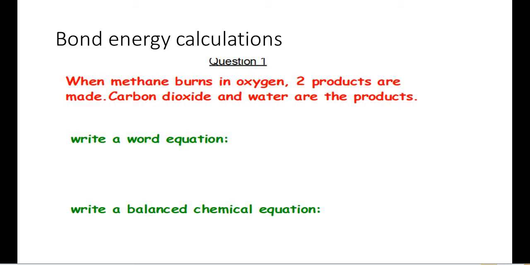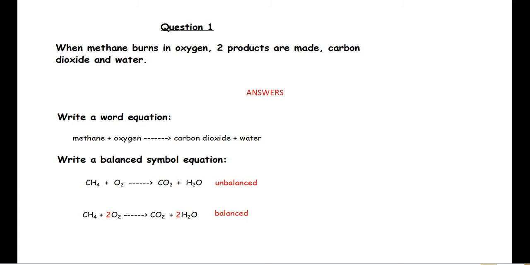The only one you'll struggle with is methane, and methane is capital C, capital H, with a little 4 at the bottom by the H. CH4. Now if you've done that, what you should end up with is methane add oxygen, arrow carbon dioxide and water,